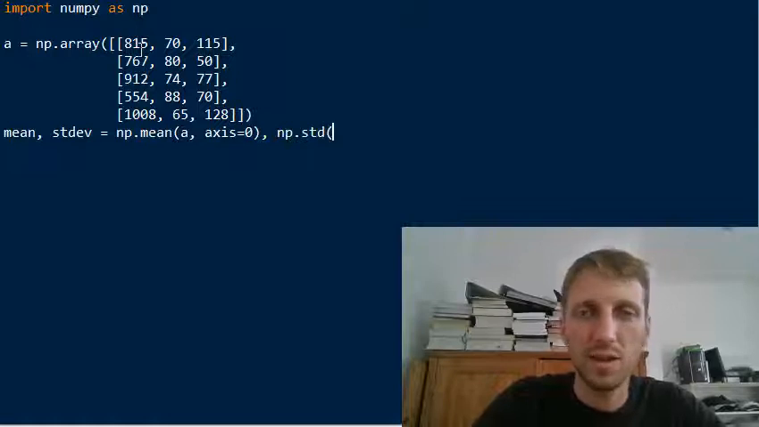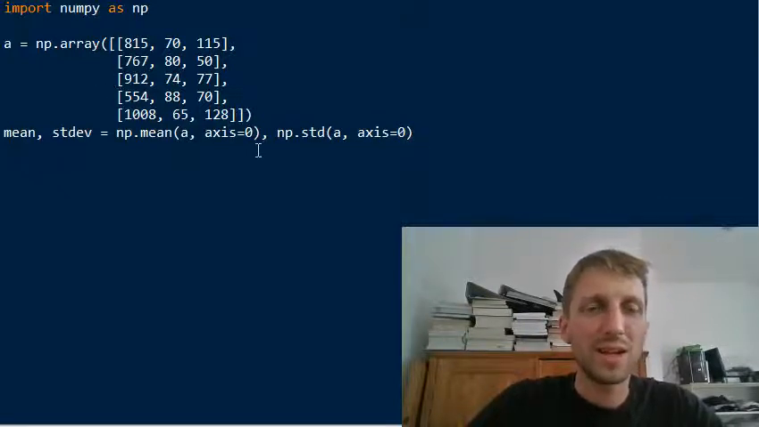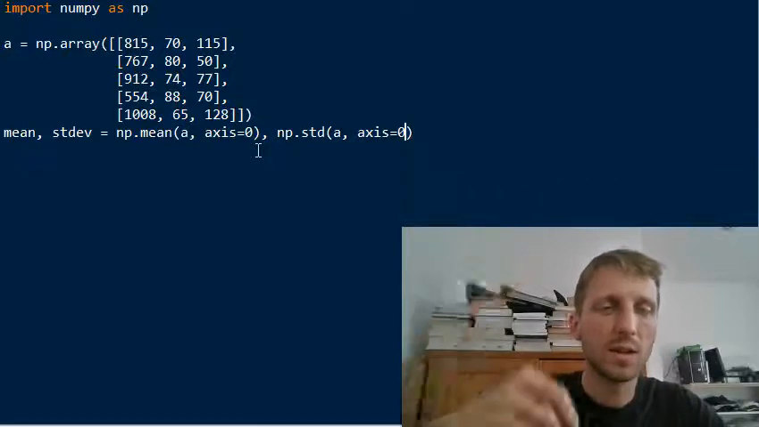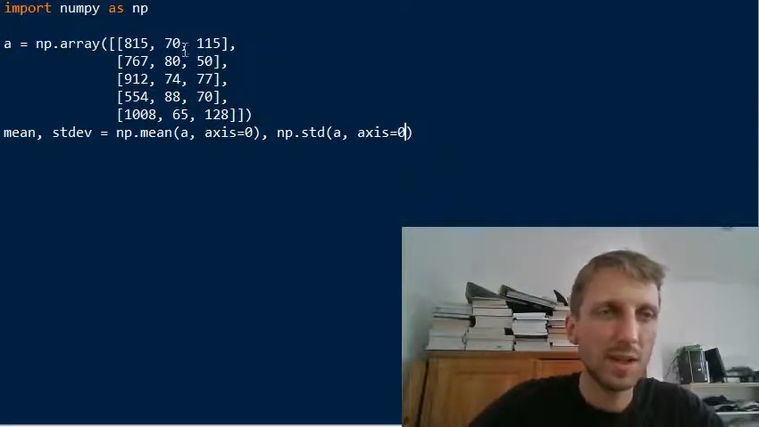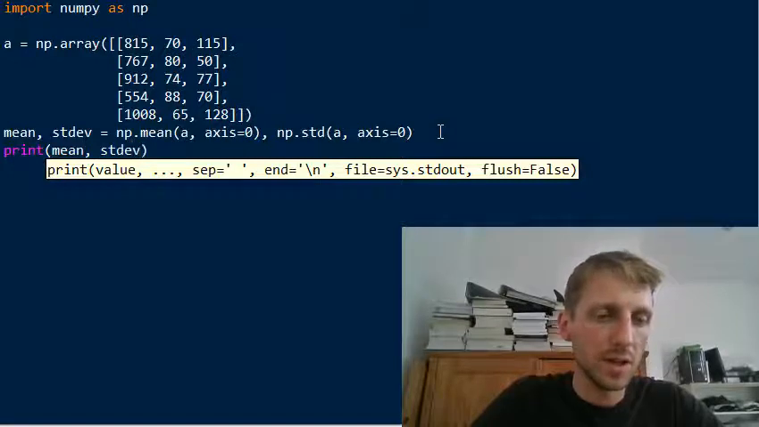Also we want to have the column standard deviation, so we use the std NumPy function. We pass the axis argument and again set it to 0, which means that we calculate the standard deviation along the columns, basically. So we have the column standard deviation here, and if you print the mean and standard deviation,